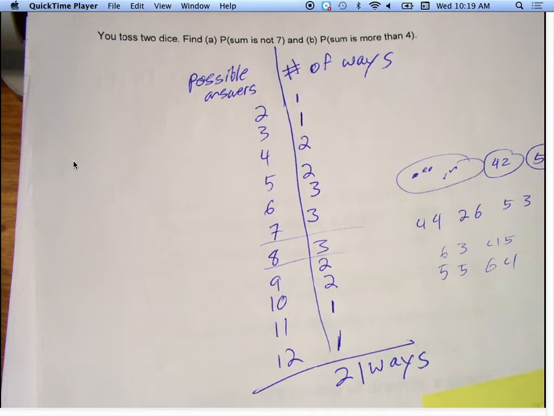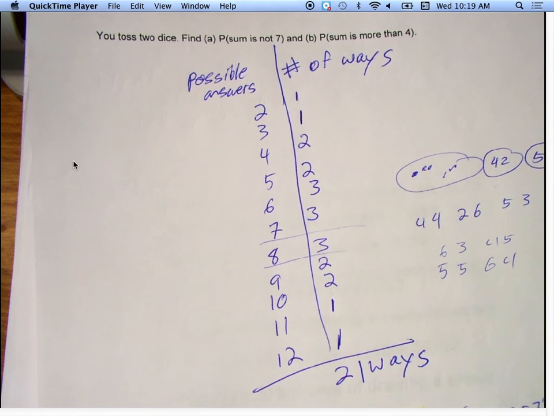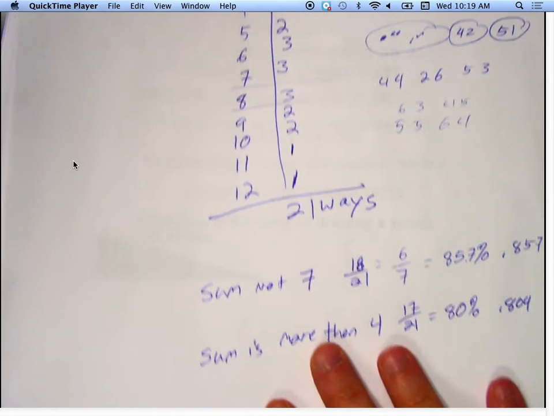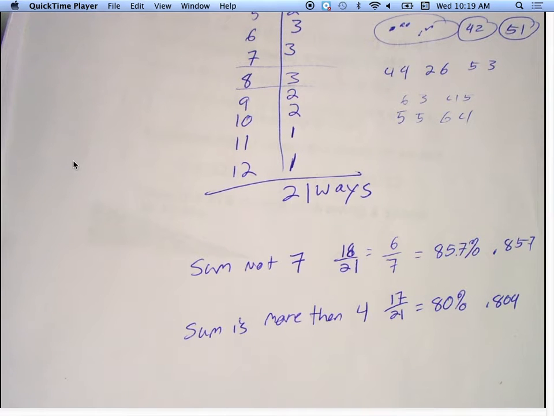Okay, what did you guys find? What's the probability that the sum is not 7? 6 over 7. Yep. And that the sum is more than 4 should be? 17 over 21. Because there's 17 different ways for you to get a sum that is more than 4. So 17 out of